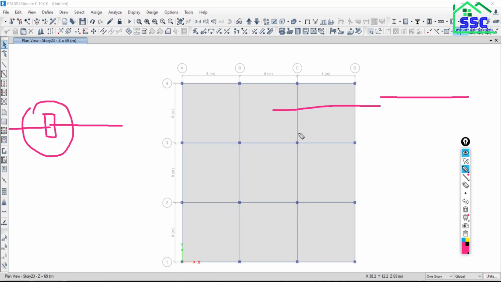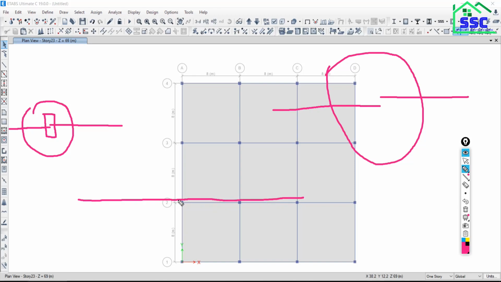So is it correct? No, sir. No, the alignment of the beam should be in the same line. So this is the actual error, but I am enlarging the figure, so I am getting this kind of error where your beams are not in the same line and not in the same alignment. So what we need to do, this beam is there, then another beam should be in the same line. The joint of connection is actually present here. So this is the correct modeling and this is the wrong modeling.